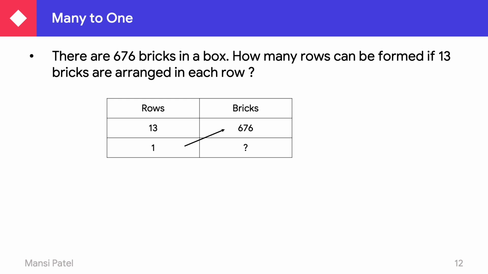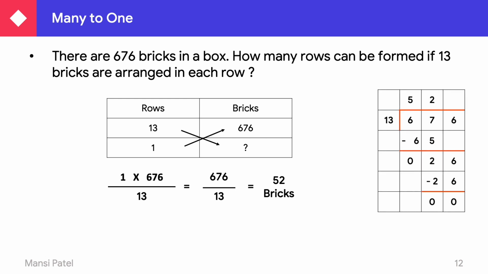So, the numbers which are written in the cross, you have to multiply. So here you have to do the multiplication of 1 and 676. 1 multiplied by 676, and the number which is remaining, you have to write down in the division. So your answer is 1 multiplied by 676 divided by 13. So 676 divided by 13. In a rough work, you have to do the division like this. 13 fives are 65. 67 minus 65, 2. 6 comes down, and then 13 twos are 26. 26 minus 26 is equal to 0.